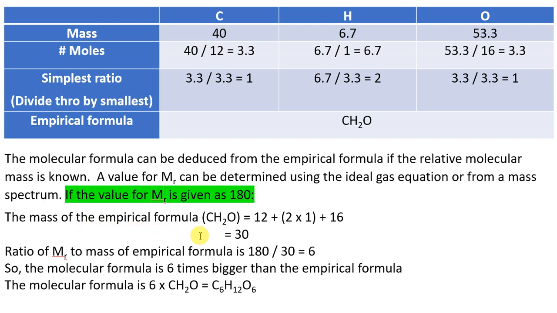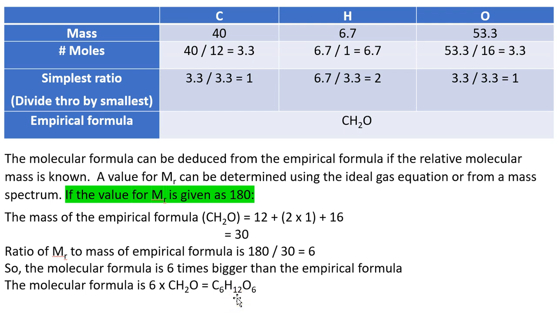Let's work out the mass of the empirical formula. 12 for carbon, 2 times 1 for the hydrogens, 16 for the oxygen, comes to 30 when we add them all up. And the ratio, Mr to the mass of the empirical formula, 180 to 30, is 6. Tells me the molecular formula is 6 times bigger than the empirical formula. In this case, the molecular formula is 6 times CH2O,